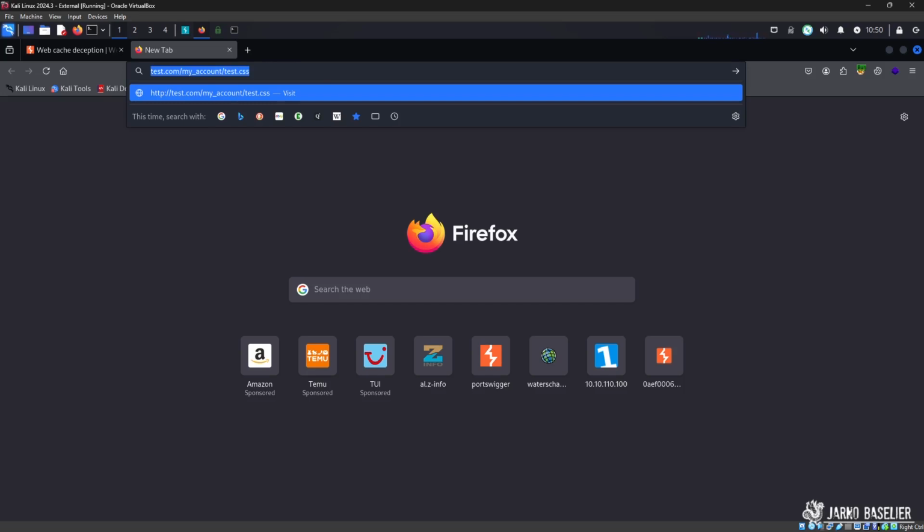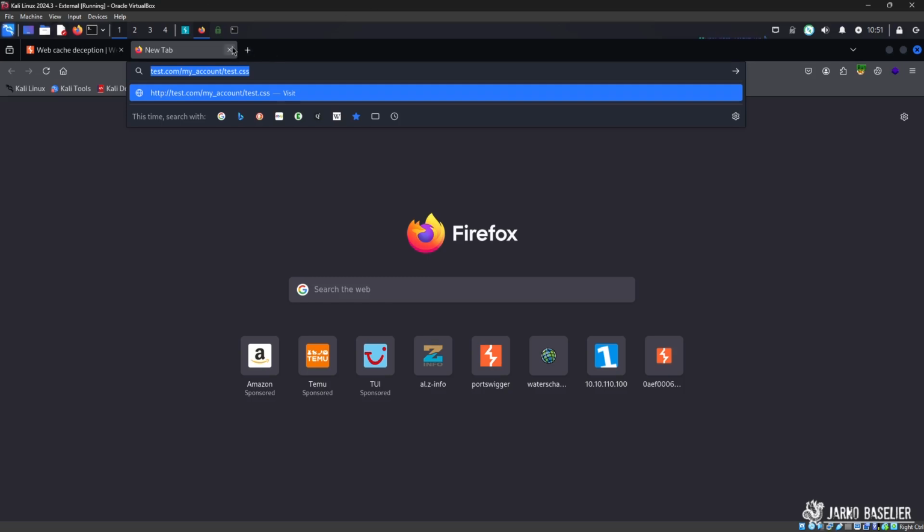Path delimiters are crucial because they enable attackers to create URLs that exploit discrepancies in path handling. It's important to note that we have to find a path delimiter that is understood by the caching server but is ignored by the origin server. So the first thing an attacker needs to do with this attack is to find a vulnerable endpoint. The attacker starts by finding a dynamic page that contains sensitive user-specific data, and this page might display personal details, and this is a page we might want to target.